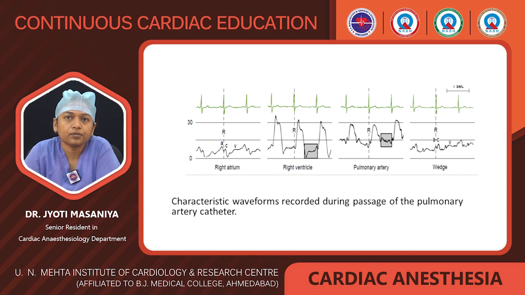Along with the systolic, the diastolic pressure will increase when the PA catheter enters the pulmonary artery. From here, we slightly advance the catheter and it becomes wedged, and the pulmonary capillary wedge pressure waveform will appear on the monitor. We can also notice that when the catheter enters the right ventricle, the diastolic pressure will increase, while in the pulmonary artery the diastolic pressure will be reduced.